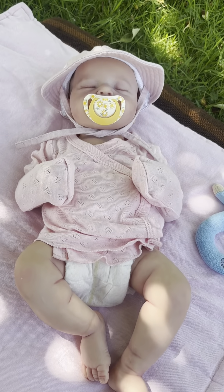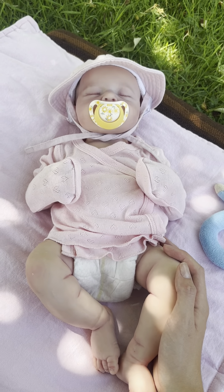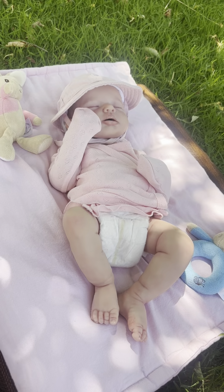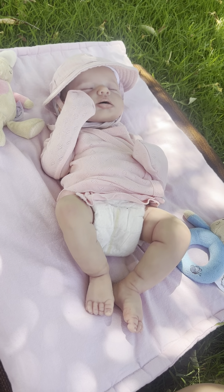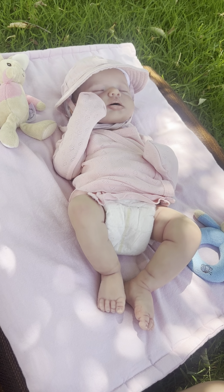Okay, she's pretty much asleep now. I think she's settled, so I'm going to do some schoolwork now while she naps and I will get back to you once we've both finished. It's been a couple of hours. She's slept for a lot longer than I thought she would. So yeah, it is the afternoon now,